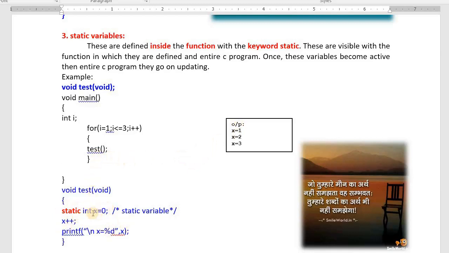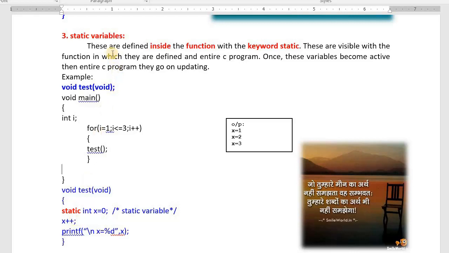Already that x was 1. x++ means it becomes 2. x = 2. Whenever it is called the third time, 0 will not be stored. Already it was 2. It becomes 3. x = 3. What is happening here? Once that variable is defined, every time you call that function, that value goes on updating. That is what a static variable is.